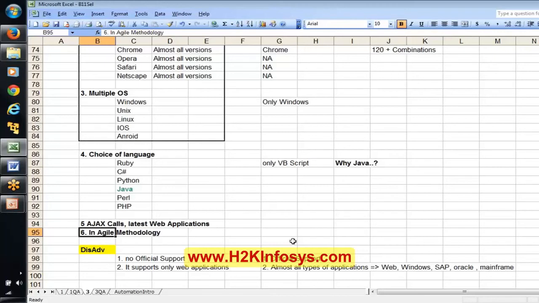Because in agile methodology the application changes very rapidly. Today we have one kind of application, tomorrow the application's shape might change frequently. In agile methodology, the way we handle it in Selenium is very easy.